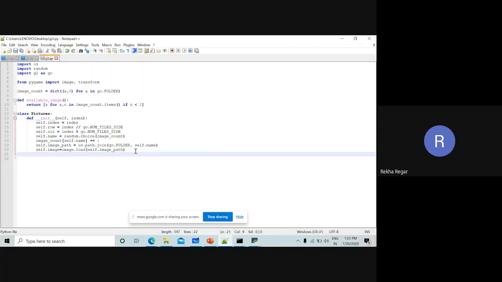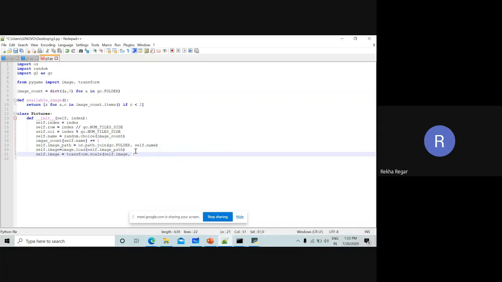After this we have to transform the image also. So self.image, in this image we are going to transform. So transform in the scale of some margin, and the margin is already given in the file GC. So self, whatever the image we have, so image, and for that image we need some specification.